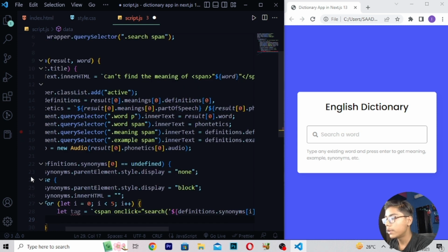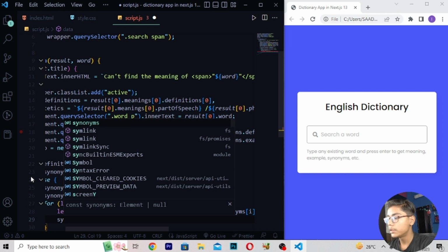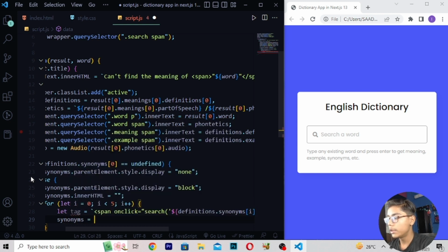Now here you have to move down after this tag, and then after writing this, here I will be doing one thing, here I will be moving, and then here you have to write synonymous. So here I'll be writing is equals to, then when you've written this, here I'll be writing tag is equals to, then after writing this tag I'll be writing I is equals to 4, then write this question mark, here I'll be writing tag is equals to, then you have to write like this tag, and right here span onclick, then right here is equals to, and you have to write here search.